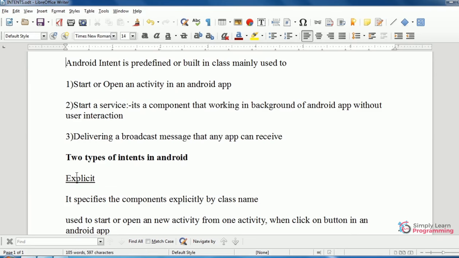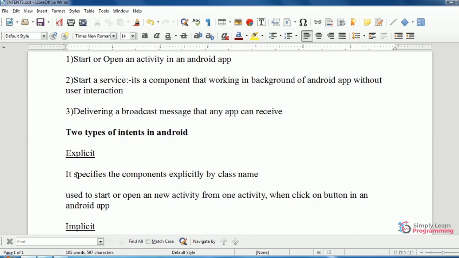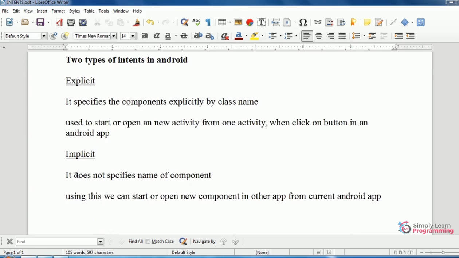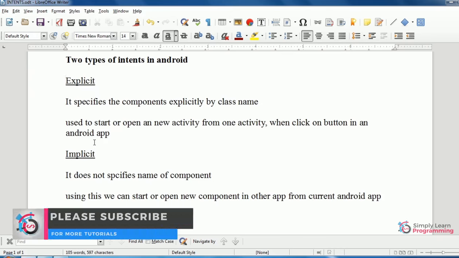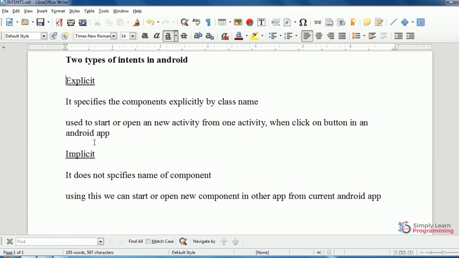There are two types of intents in Android, explicit intent and implicit intent. Explicit intent means it specifies the component explicitly by class name. It is used to start a new activity or open a new activity from one activity.